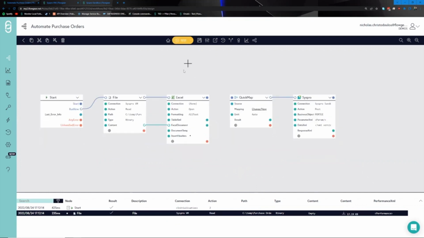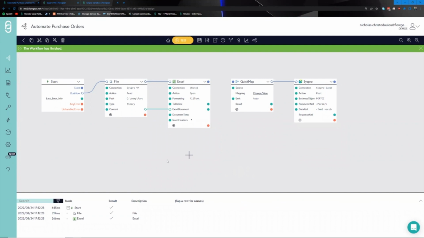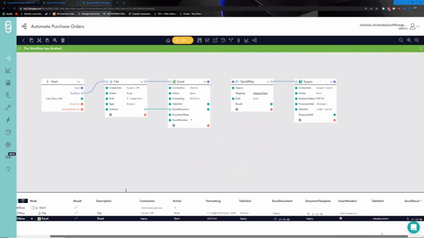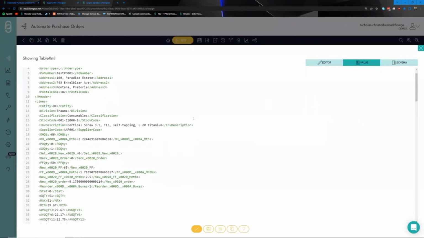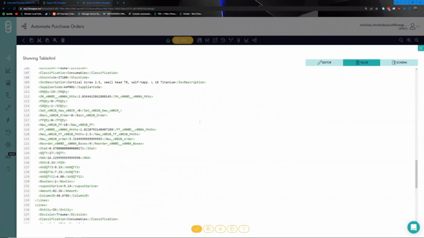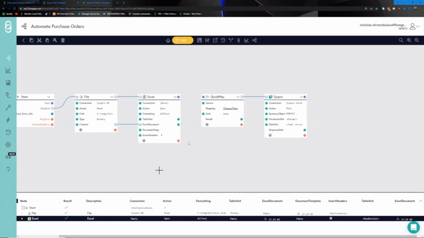So we can run this portion in isolation by clicking over here, saying run from this node. And now you can see both a file and Excel node has run. And the output of the Excel node is an XML data set that looks like this. And so we can see some of the information that we are expected to be able to receive from this system. And so the last step now is to take the Excel document, table XML,